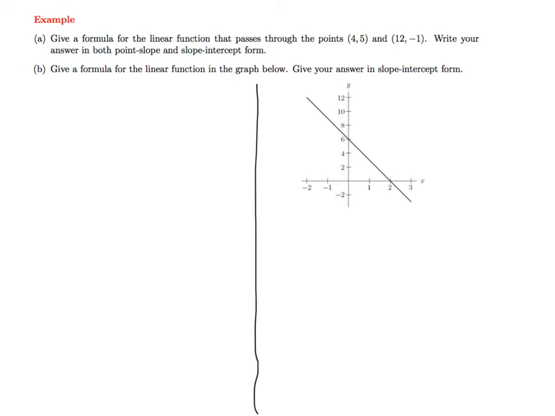In part A, we are given 2 points that sit on a line, one at (4, 5) and one at (12, -1). And we're asked to give a formula for this linear function that passes through these points, both in point-slope form and in the slope-intercept form. And so let's just recall what those forms look like. The point-slope form